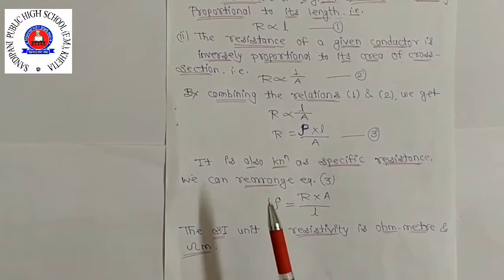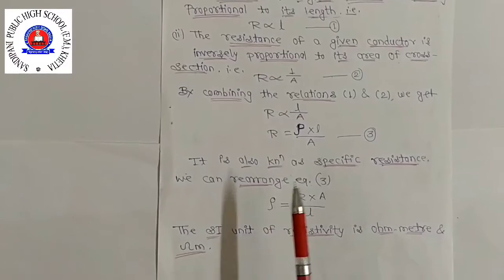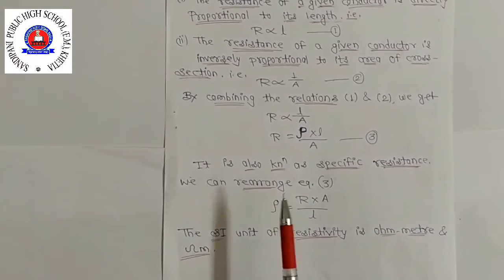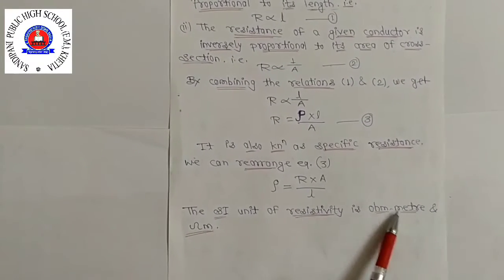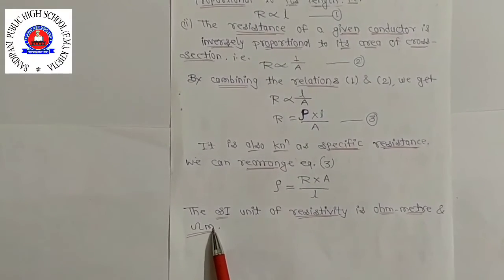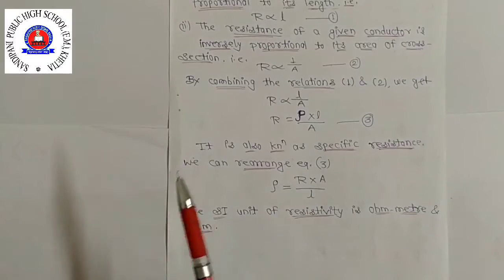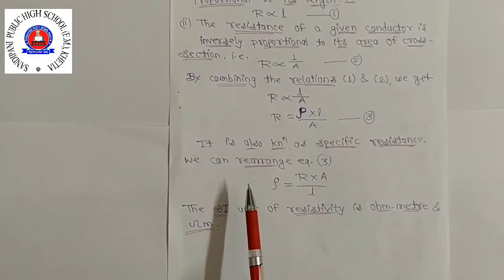the resistivity. The formula for calculating the resistivity of the material of a conductor should be memorized because it will be used to solve numerical problems. The SI unit of resistivity is ohm meter, written in symbol as Ω m. The resistivity of a substance does not depend on its length or thickness. It depends on the nature of the substance and temperature. Clear this one?